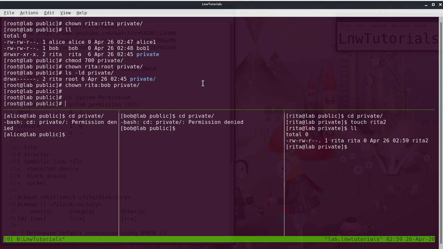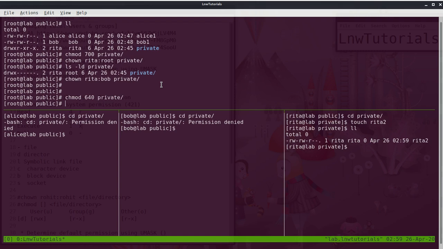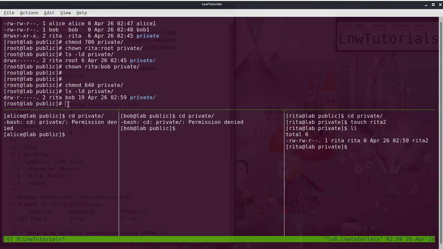And I also change the permission. The permission is 640, which means 6 for the user. 6 means what? 4 and 2, but I'm not giving the execute permission. Then we check by hitting enter: ls -ld private. Now